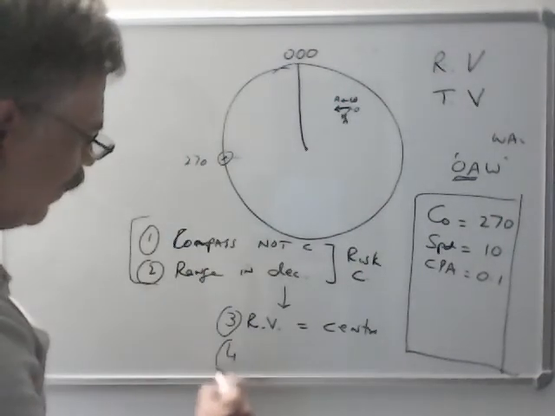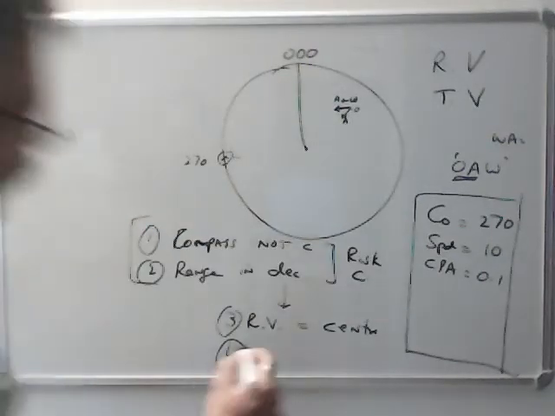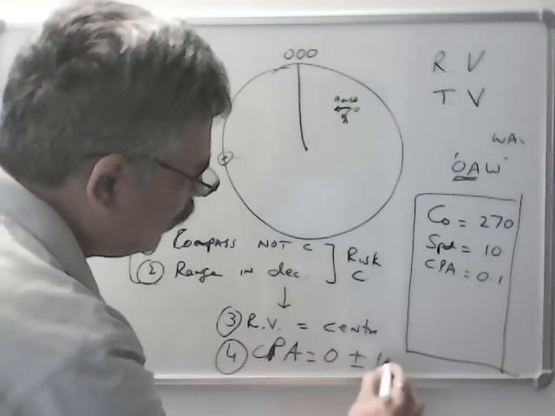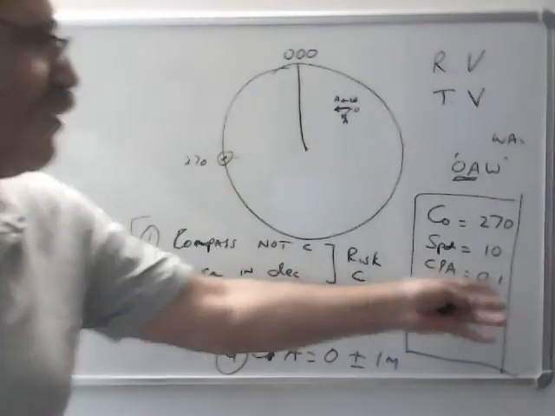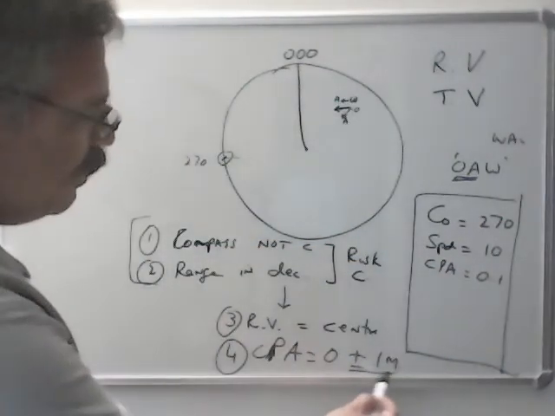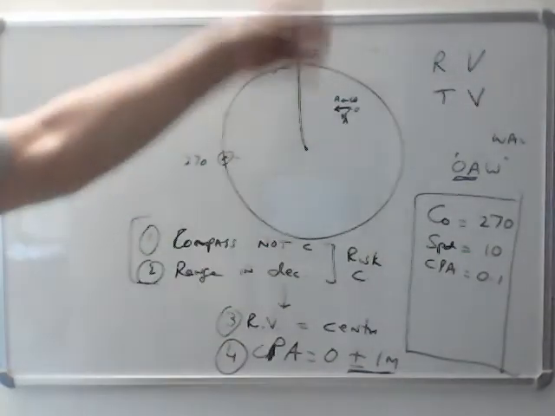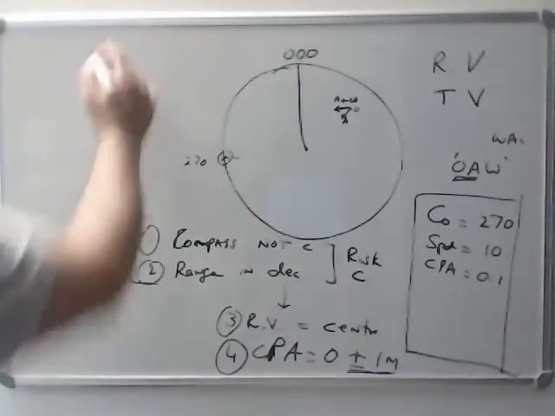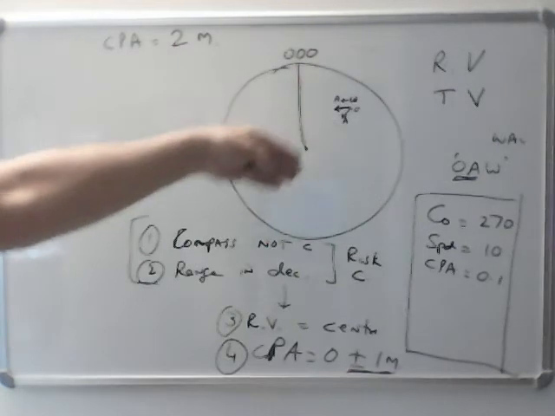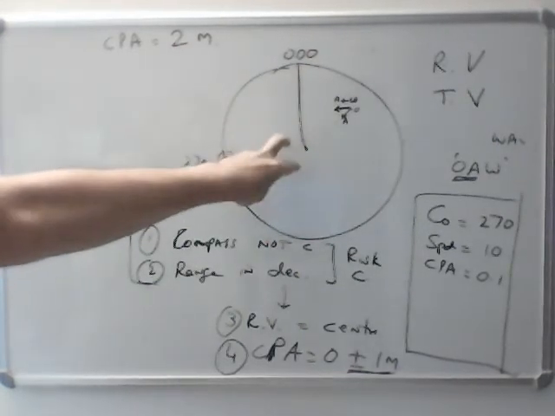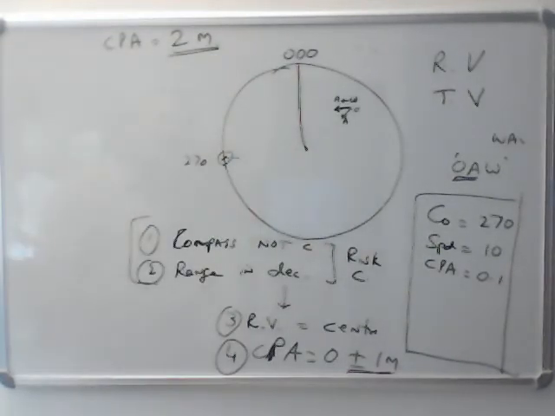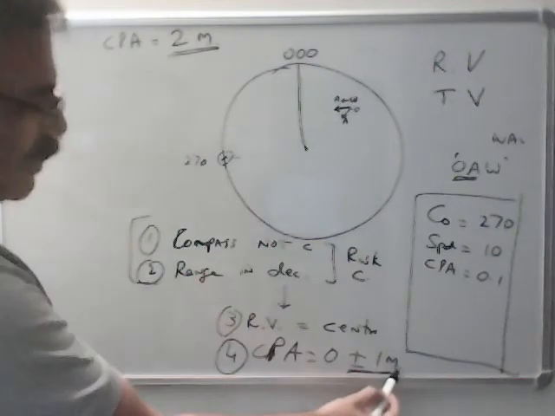And another thing you will get whenever there is risk of collision like this, CPA will be almost 0, plus minus 1 mile. So in this case, you can see CPA is almost 0, 0.1. Now what is this plus minus 1 mile? Suppose you acquire a target which is around 8 miles off and you get a CPA of 2 miles. Now when the target actually passes the ship, closest point to your own ship, will it be 2 miles or more than that or less than that? So that is the error in CPA, plus minus 1 mile.